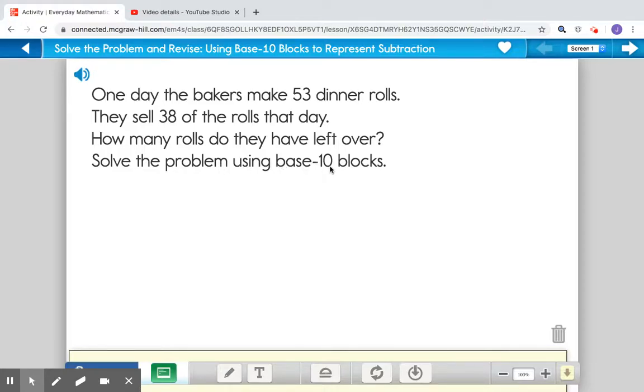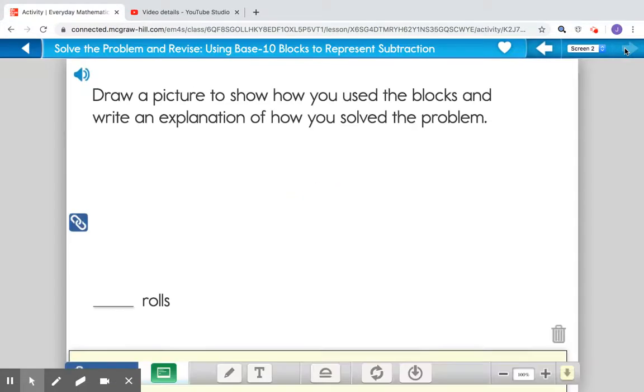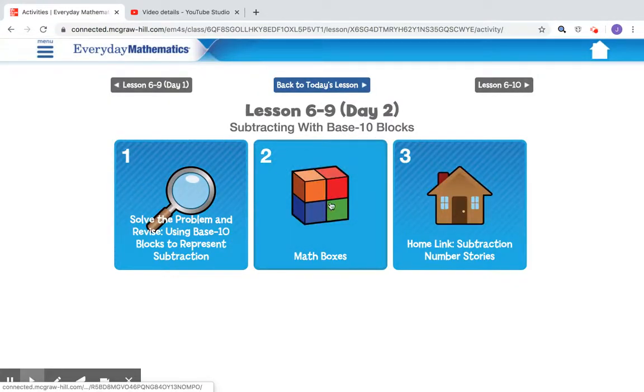So boys and girls, we did this yesterday. So I just want you to try it again and check your answers to make sure that you have them correct. You're going to draw out the numbers in base 10 blocks, and you can use your number grid if you need to solve the answer. Then when you're done, you're going to arrow over, and you're going to draw up the picture again using your base 10 blocks and how you solve the problem. When you're done, you're going to arrow over, back out of this, and we're going to do math boxes today,